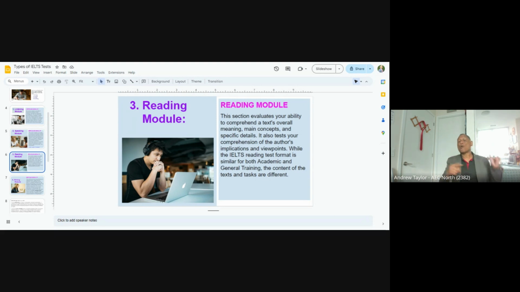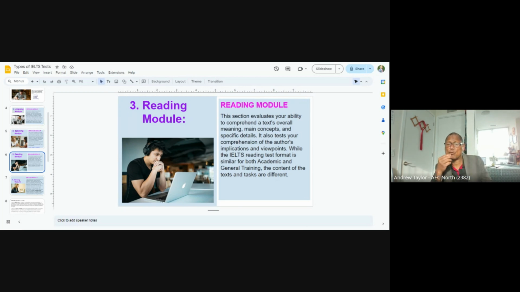And you cannot go back after reading, the slide or the screen will change, so you cannot go back. So in my opinion, this is a memory test. But hopefully in IELTS,